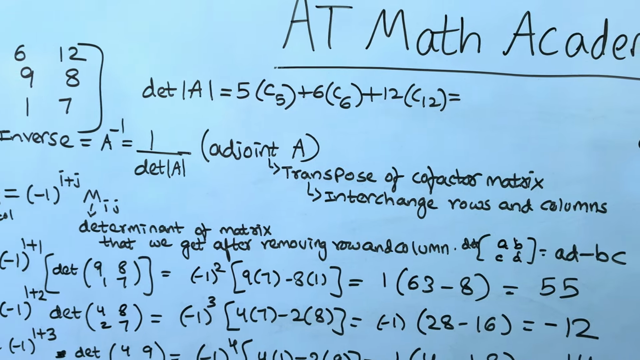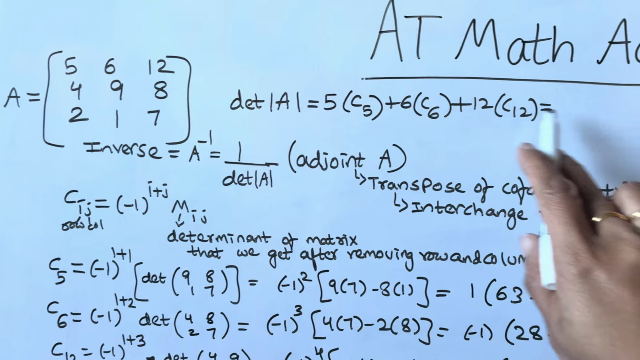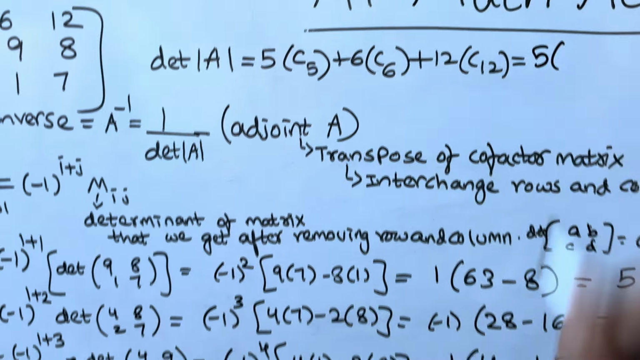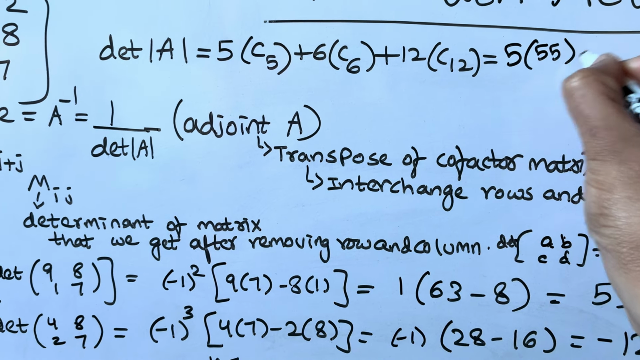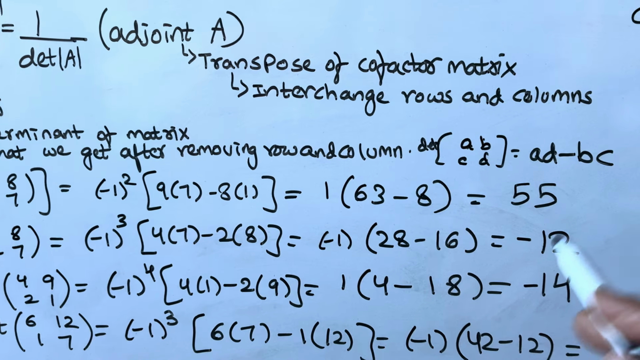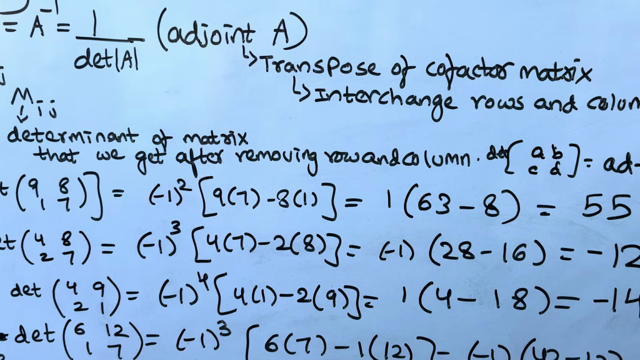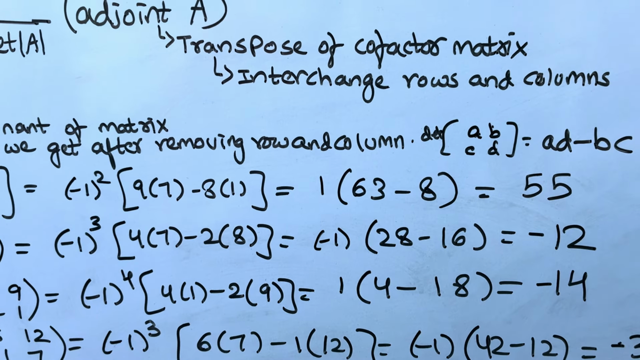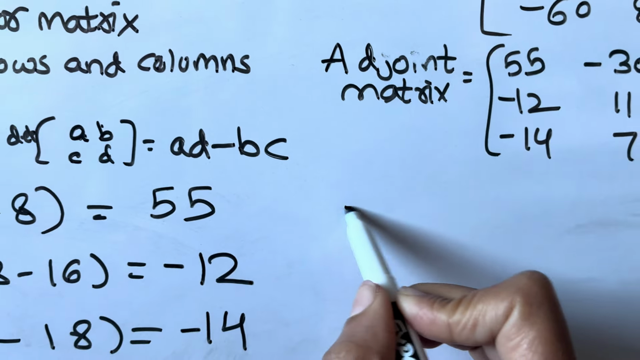determinant. The formula I have written for the determinant is the first row multiplied with its cofactors, and all the elements need to be multiplied. So I'm taking my 5, and the cofactor for 5 is nothing but 55, and the cofactor of 6 multiplied with 6, the cofactor of 6 is minus 12 here, and the cofactor of 12, so let's check. The cofactor of 12 is minus 14 here, so when you simplify this it would be 35, and the inverse